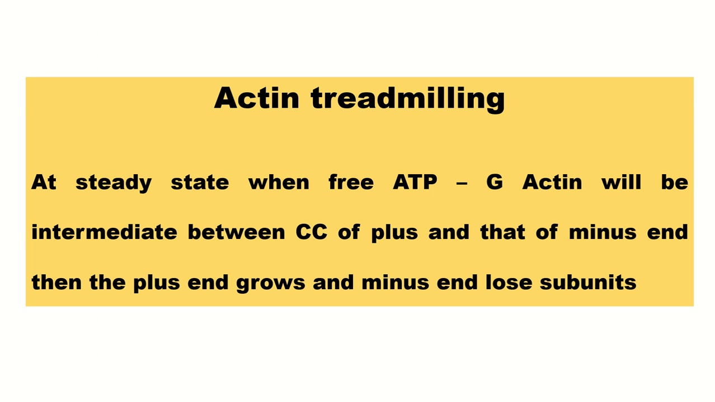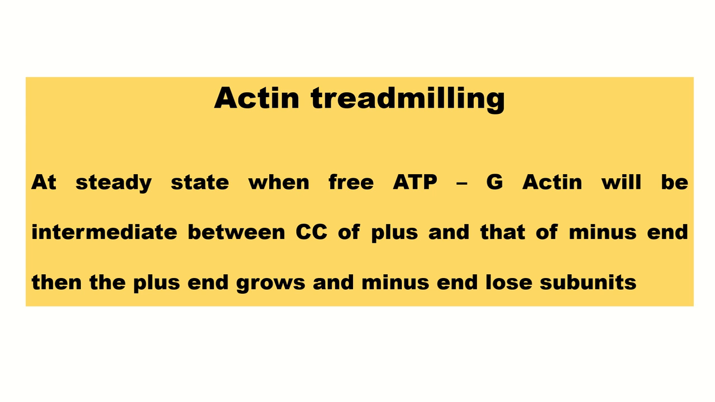Now coming to actin treadmilling. What is actin treadmilling? At steady state, when free ADP G-actin is intermediate between the critical concentration of plus and that of minus end, then the plus end grows and the minus end loses subunits. What is the actual meaning of the statement? It says that at steady state, when free